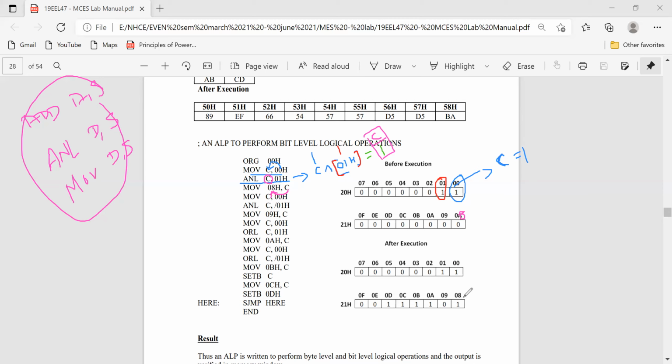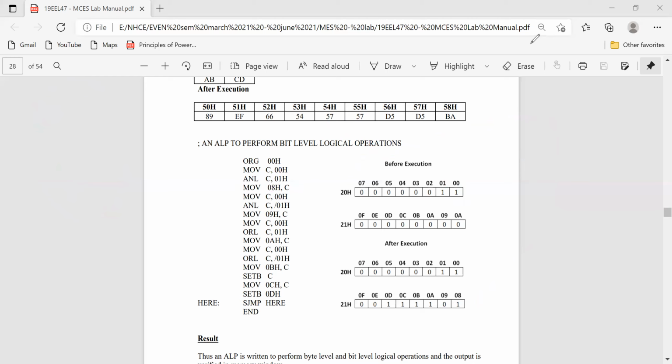Now 1 AND 1, output is 1, so the data is stored in the 08 location as per this instruction. Now we have performed the AND logic. I will copy these instructions and put them in the software.